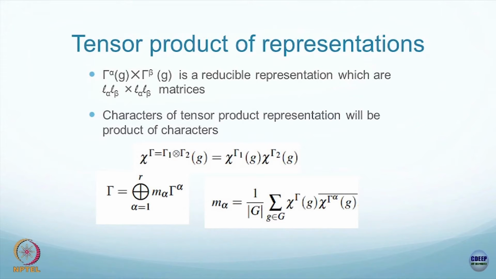We also went through this tensor product of representations. If you take two irreducible representations and take a tensor product, sorry, this notation I have to put the circle on it, which I did not put. So, the tensor product I explained in the last class, right. I took a 2 cross 2 matrix, another 2 cross 2 matrix, and then we did the tensor product. What was the dimension of that matrix?